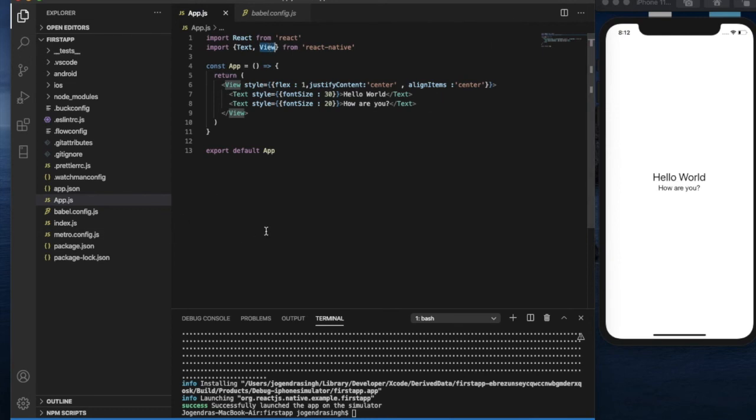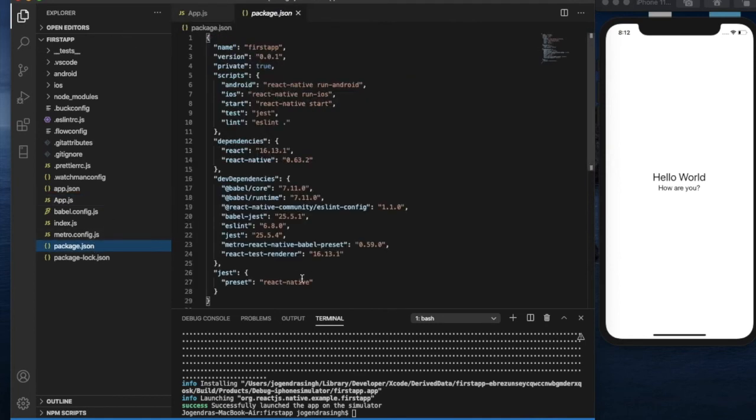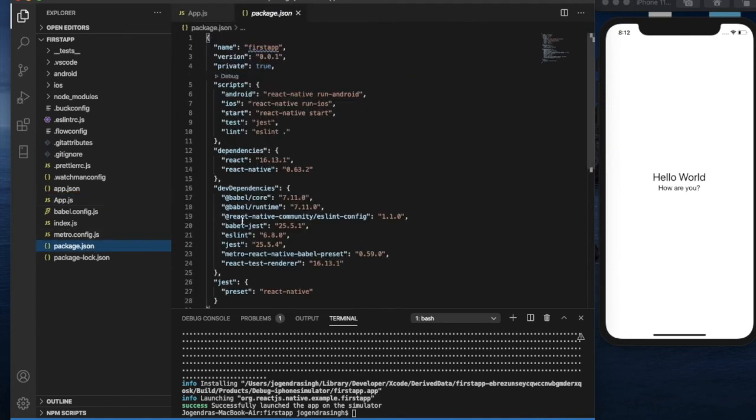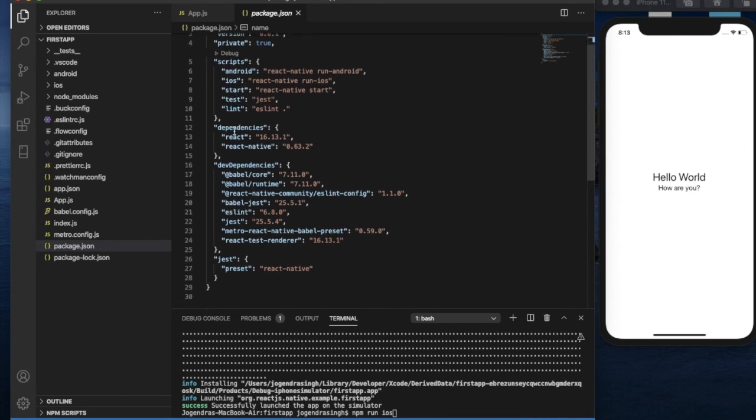In that, I'm explaining something more. In package.json there are devDependencies and scripts. If you want to run on Android, run npm run android, and that will run on Android. If you want to run on iOS, then you need to run npm run ios. Here is all our project configuration: our app name, version, private, scripts and dependencies.